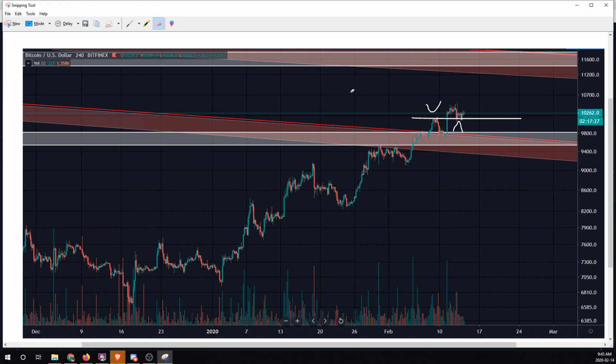But at this point in time, if we entered right here, the risk, to where I want to have the stop, would be below here. That to me is too much risk, so I'm not really wanting to do it. I'd rather see the risk from this point here up to where I want to have the stop loss, which is below this low. That's like a 50% reduction in risk, so I can risk twice as much. So it makes sense that I want to put my entries here if I have the option to, and if I don't, I can find some better risk reward situations on the different alts that we're looking at,